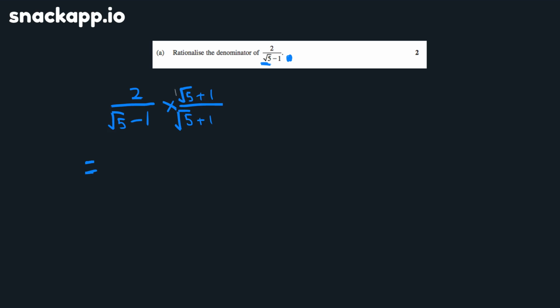Now, when we multiply the conjugates together, we're taking advantage of the difference of two squares. Because what happens is we have the first term squared, so root 5 squared, minus the second term squared. You might have seen this before. It looks a little bit like this: if you have a minus b times a plus b, that's just equal to the difference of two squares. That's very helpful in this scenario because we've got root 5 squared minus 1 squared on the bottom,